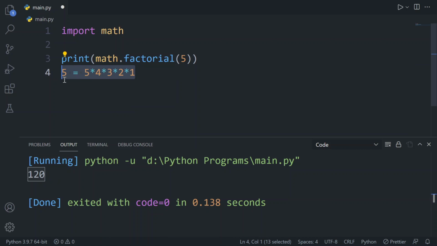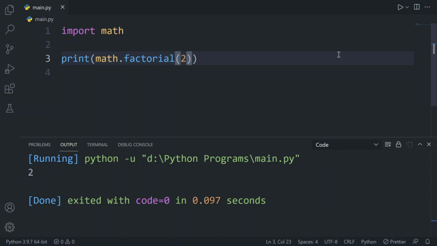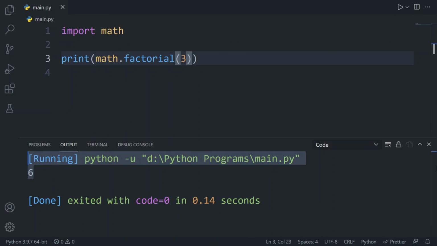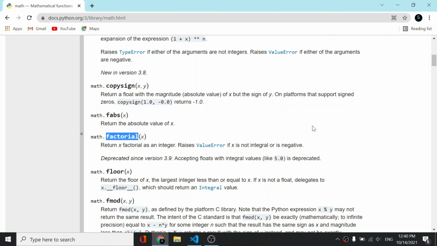So factorial is the multiplication of all numbers ranging from 1 to that specific number which you have provided here. If I add, let's say, 2 here, what will you get? You will get 2 only, because 1 into 2 is 2. If you pass 3 here, then you will get 6, as you can see. So just like that you can get the factorial.